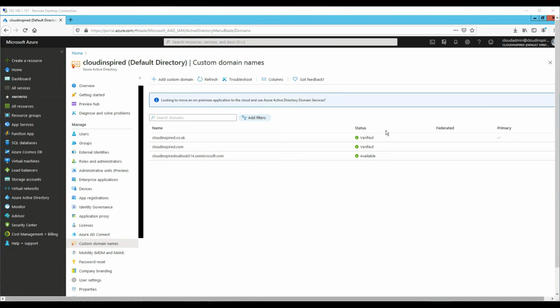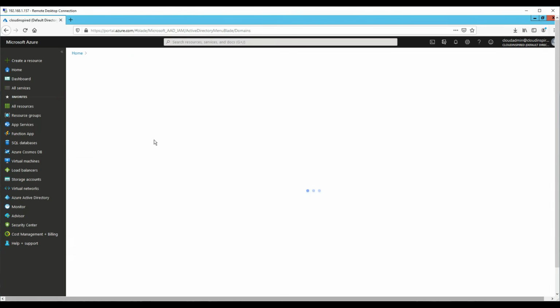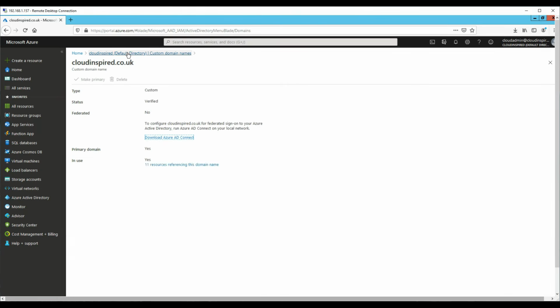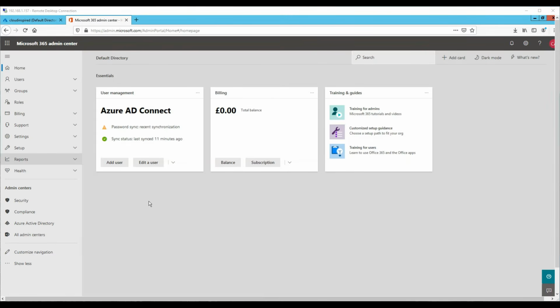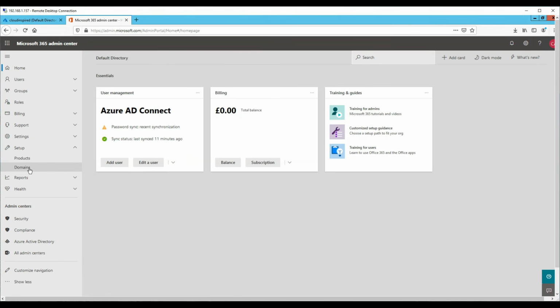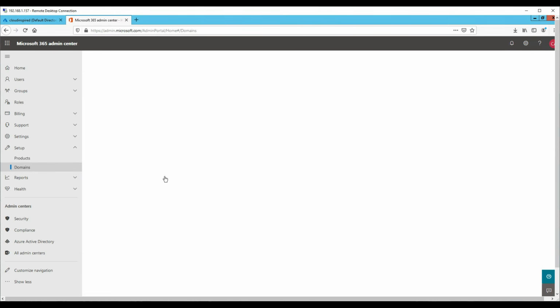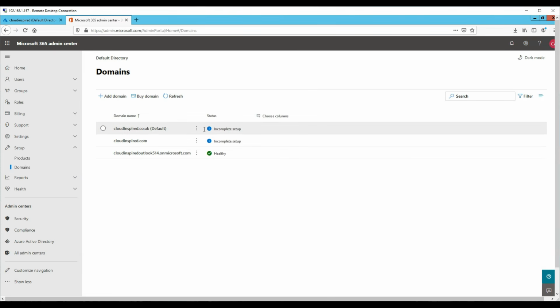So we need to set up our domain in Office 365. So as you can see, this has been verified as part of the full AD Connect install. As I said before, it's covered in a separate video, links below. So if you haven't reached that part yet with your domains being verified in Azure and the whole AD Connect piece, then please check out the video in the description. So let's go to